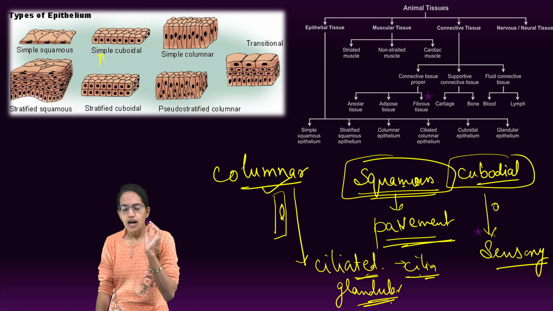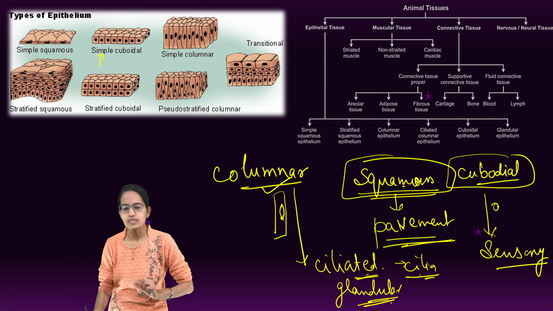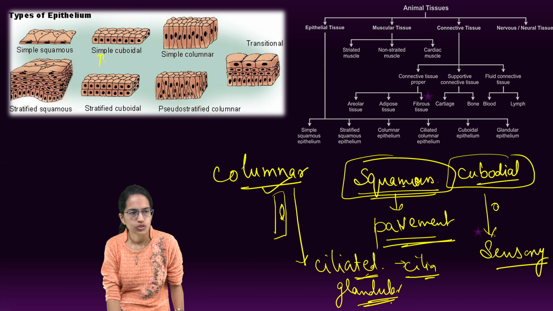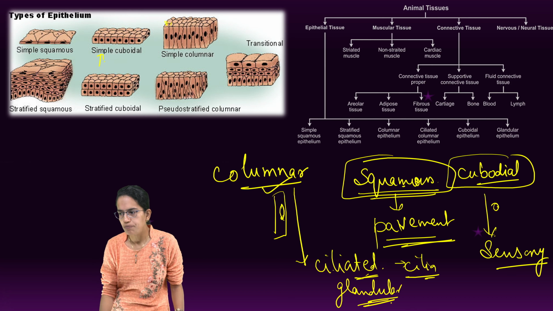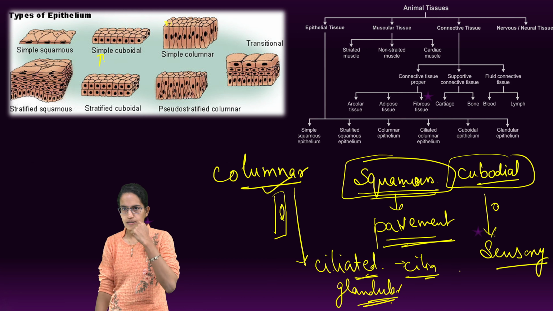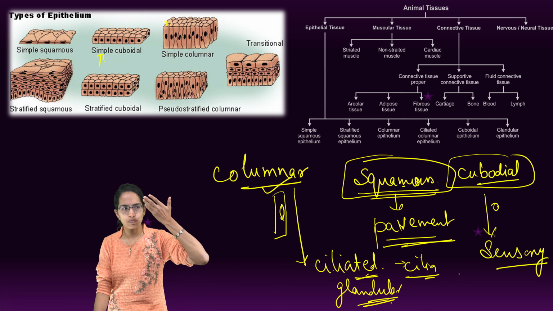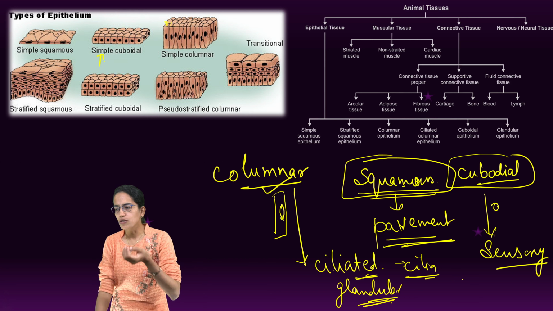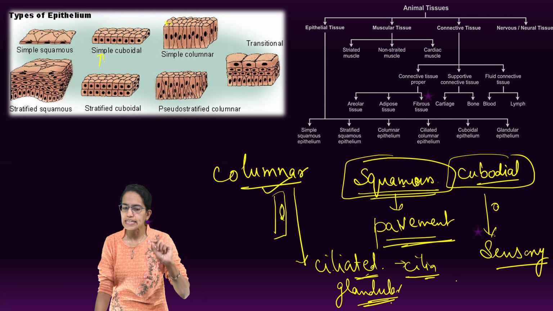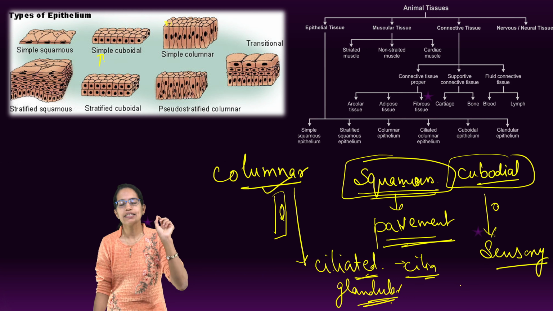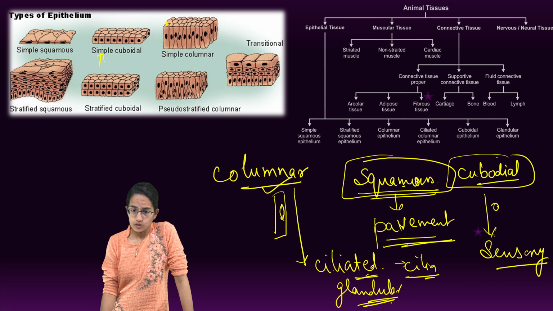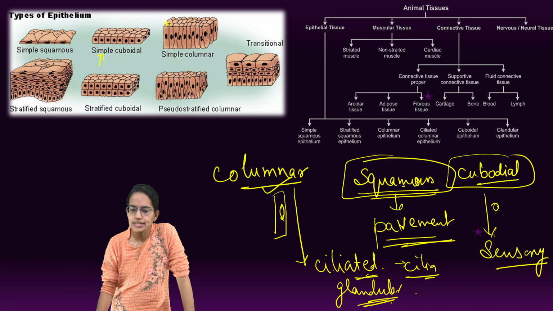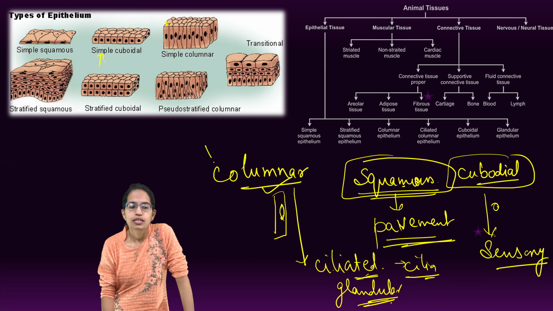Now cilia are small hair-like structures on the top of the columnar structure, and therefore we call it ciliated columnar epithelium, where it is present in the nasal passage. It avoids any dust movement inside the nose. Also in the uriniferous tubules, ciliated columnar epithelials are present. The idea of columnar cells overall, be it ciliated, glandular or sensory, is to increase or help in the process of absorption.